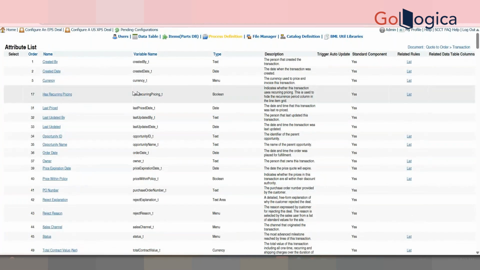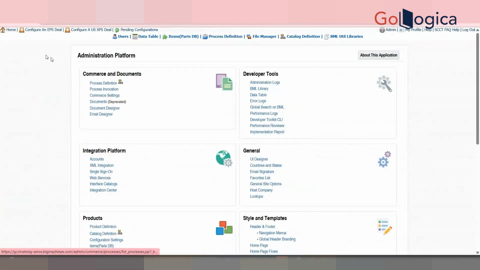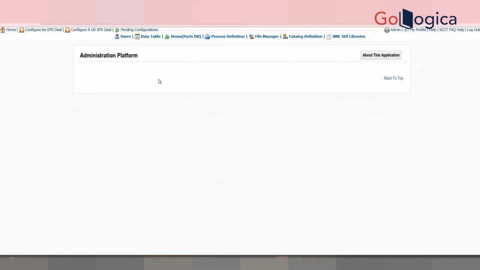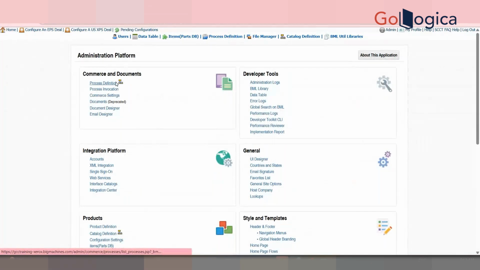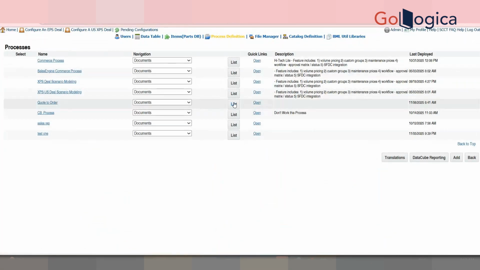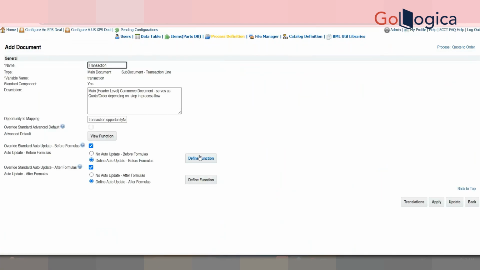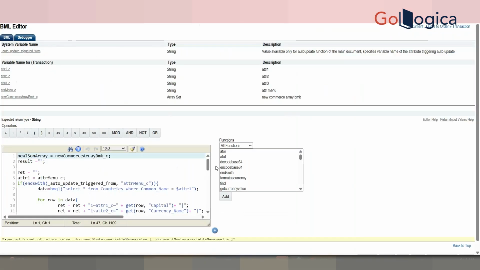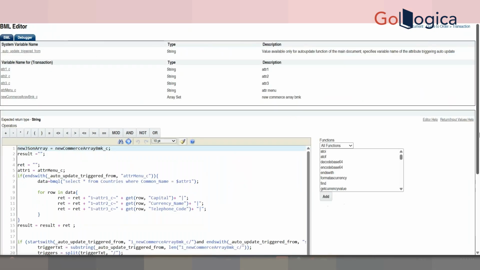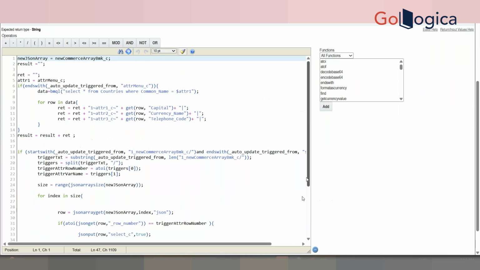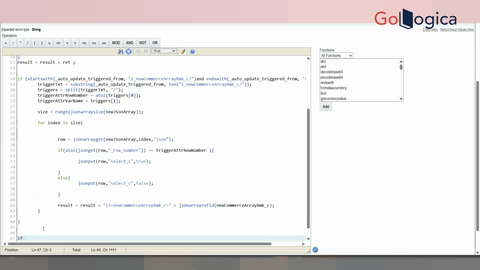Let me deploy. Before deploying, I'm just writing one thing here in the process. If you remember, in the transaction we have seen transaction and transaction line. So here in the transaction, you will be writing one thing. If find, this is a standard function. Okay, auto update triggered from